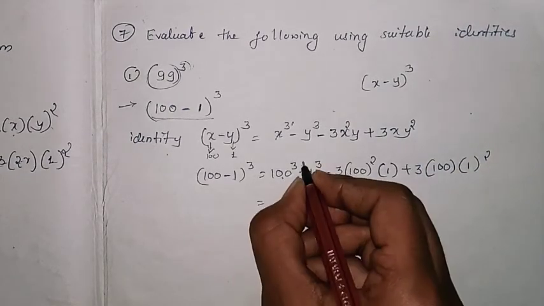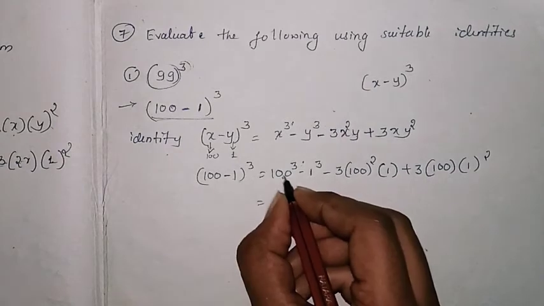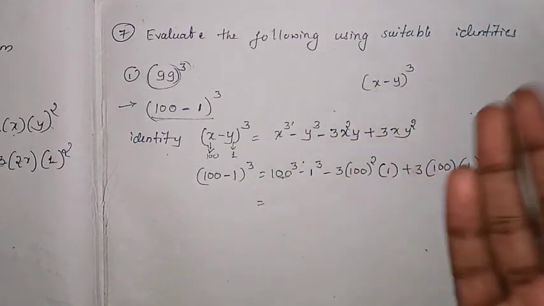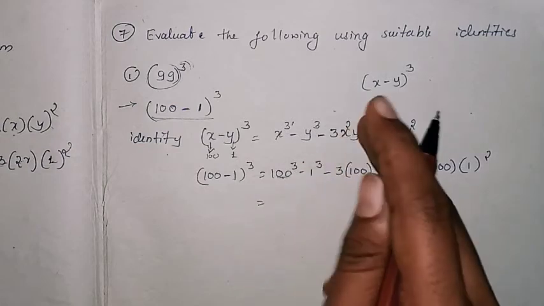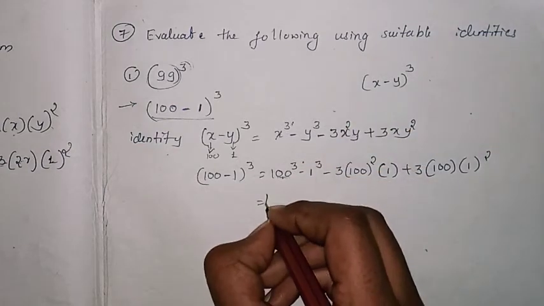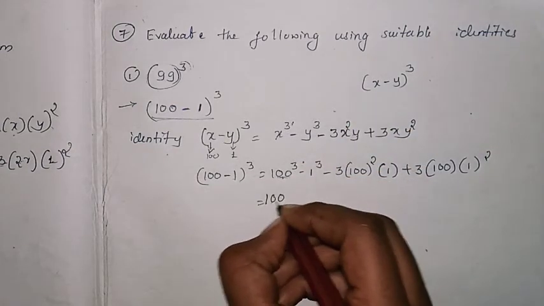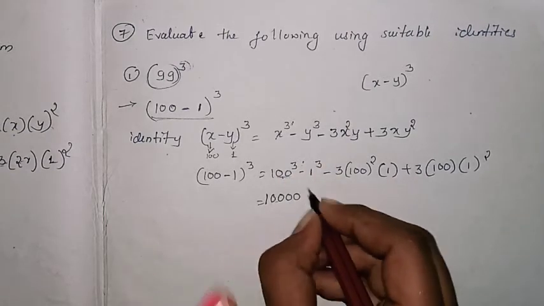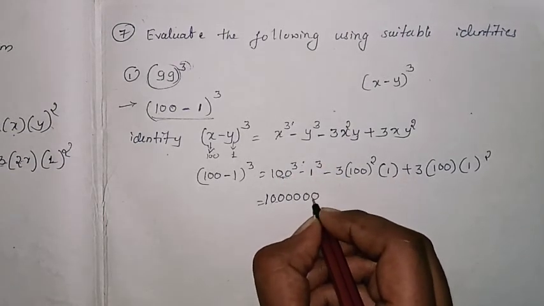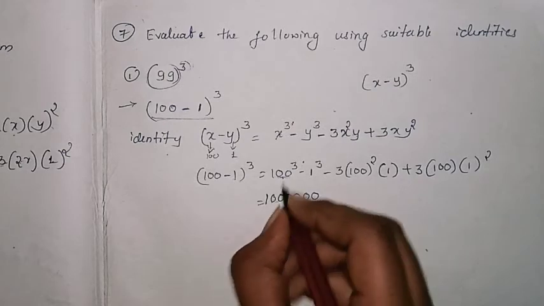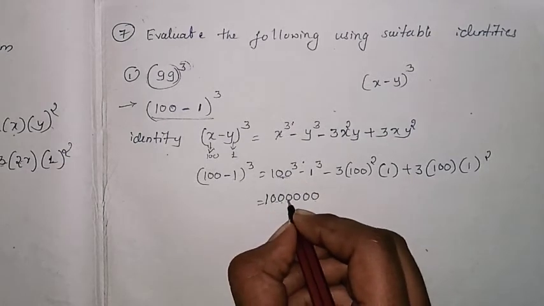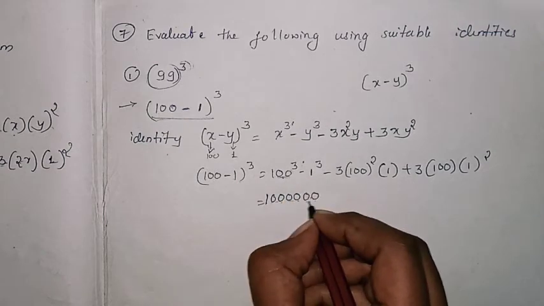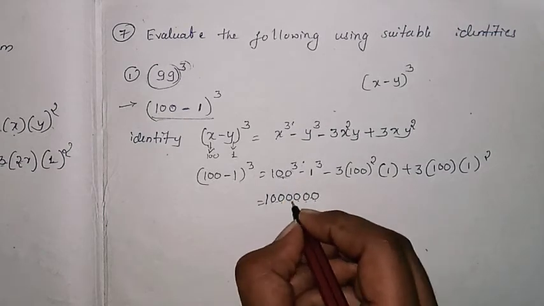So 100 cube now you are writing. How? When there are two zeros, when you are squaring it will become 4. When you are doing cube, then it will become 6. So 1 2, these are the 4 extra. As it is 100, when you are making square there are 2 extra, then when you are making cube, again 2 extra. Total 4 zeros you have to add.